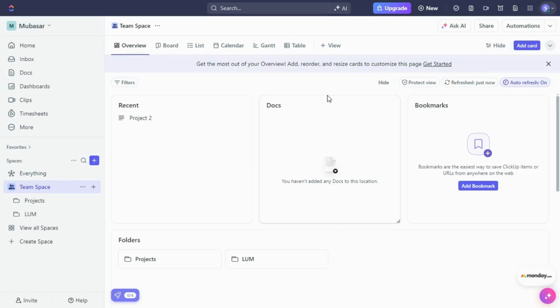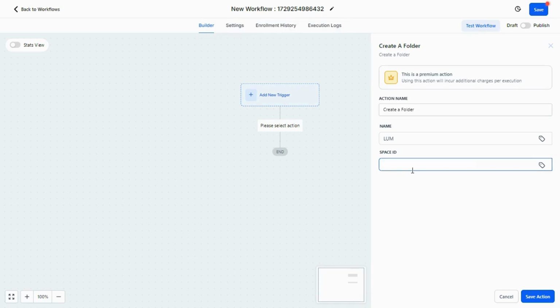Now we are here in the ClickUp account, and we will be finding the space ID on this one, and in the top URL, the last part is the space ID. Basically, we will be copying that now, paste that here, save this action,